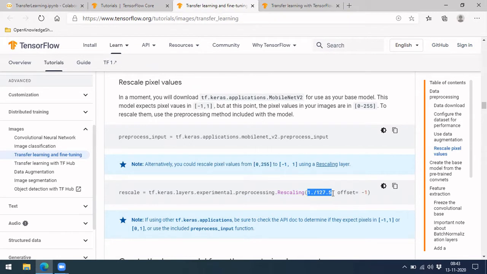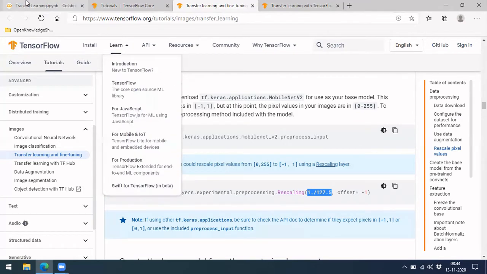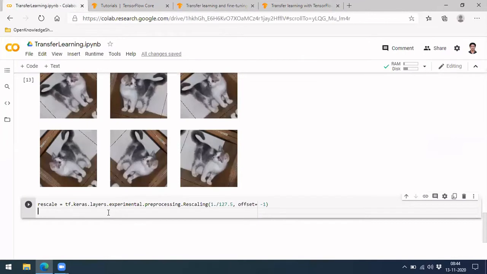127.5, where the values which are less than 127.5 will go to negative values, and the other way they will be positive values. It's just a normalization to get your image data between 0 to 1, or -1 to 1. And they did an offset so that you will get that between -1 to 1. Okay, cool. So now the next thing we'll do is,